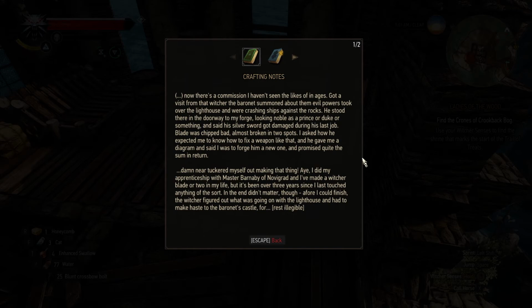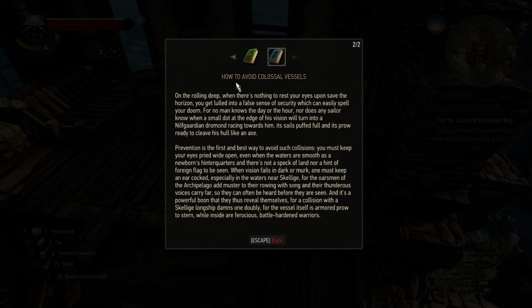In the end, it didn't matter, though. Before I could finish, the Witcher figured out what was going on with the lighthouse and had to make haste to the Baronet's castle for... Okay. And then, how to avoid colossal vessels. On the rolling deep when there's...